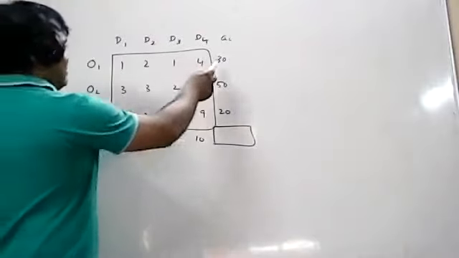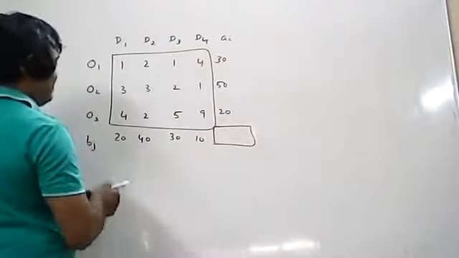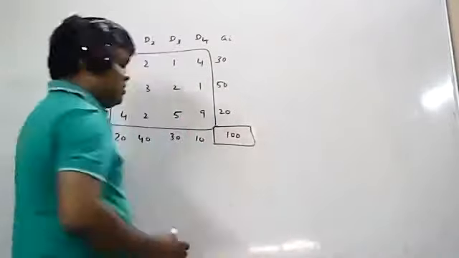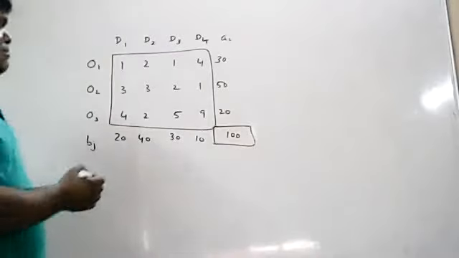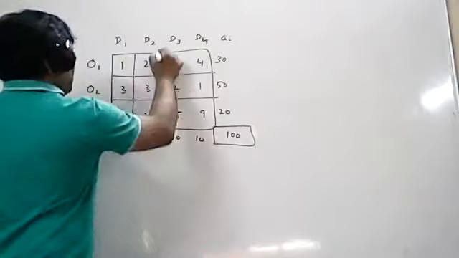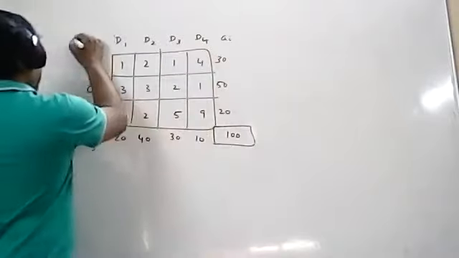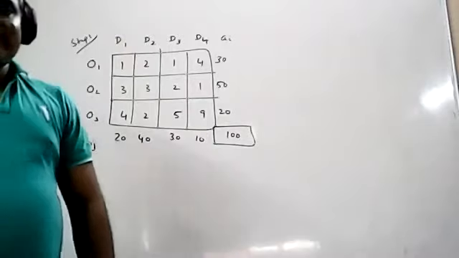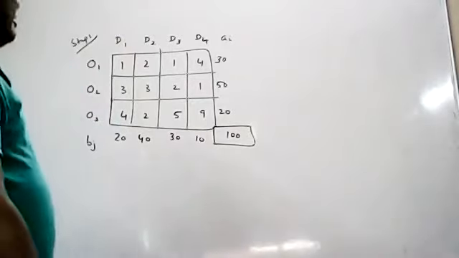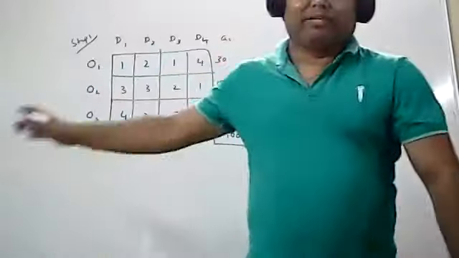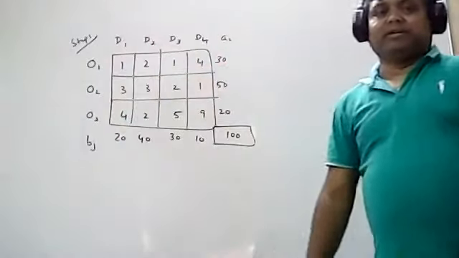So we'll check supply equals demand or not. First, 30, 50, 20: what is the value? 100. This is also 60 plus 30 plus 10, 100. So both are equal. So this is step number 1: summation ai equals summation bj equals 100. Therefore, there exists an IBFS and it can be solved by using VAM method. So I will apply VAM method for this problem.